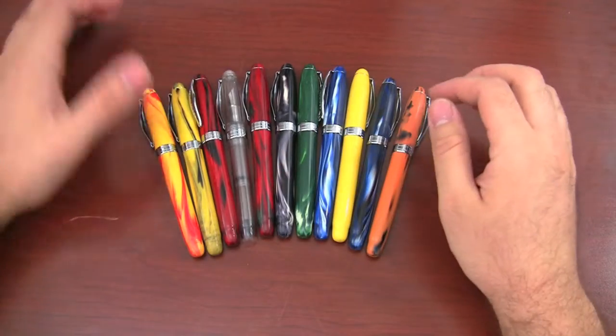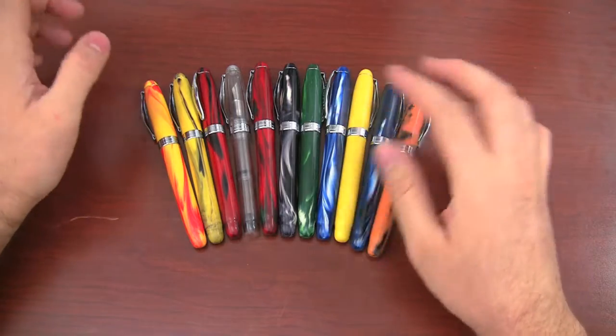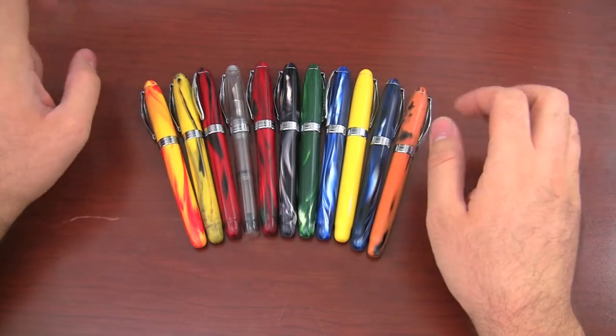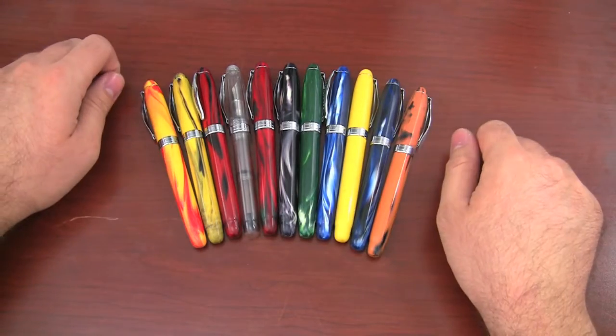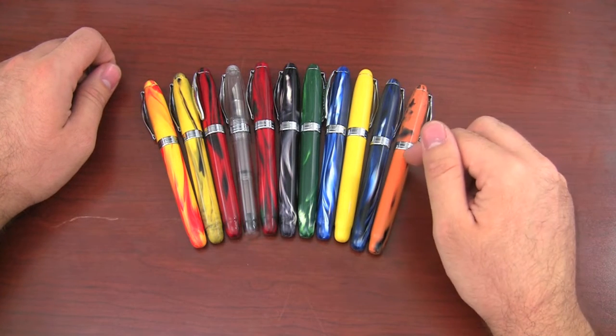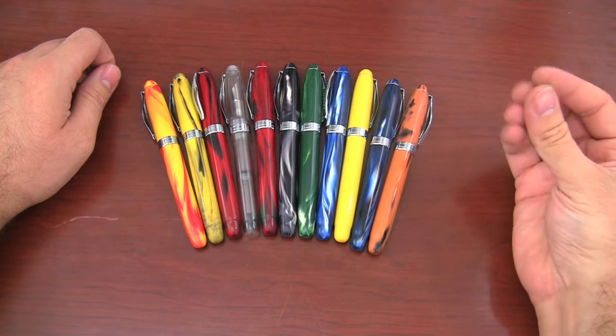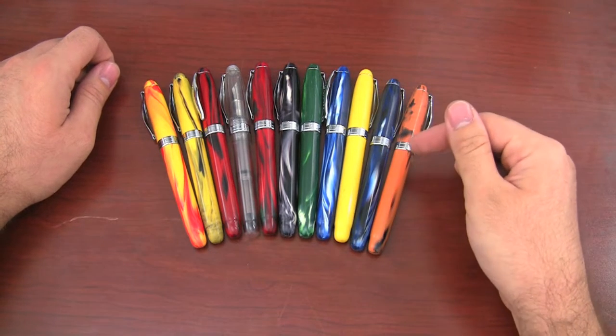So if you see pictures of these pens online and yours looks different, don't be surprised, because it's all swirled with different colors, every single one is going to look vastly different. Now the one thing I do want to say about the Pumpkin Poltergeist, I've been told that the orange in the pumpkin has been brightened up just a little bit, so it's got a little stronger orange color than it